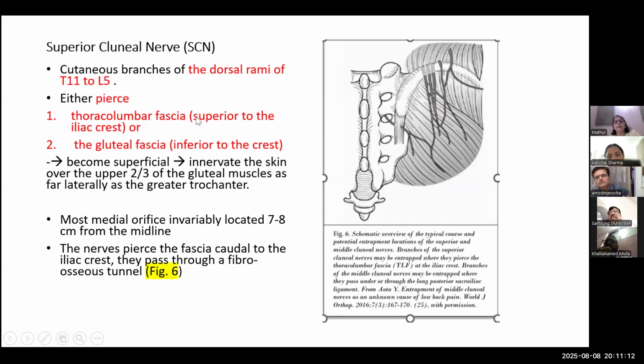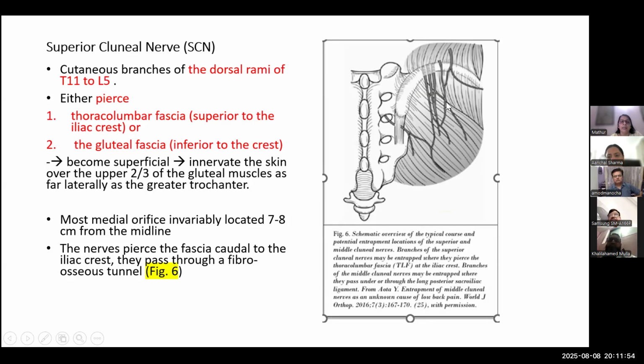So the superior cluneal nerves are the cutaneous branches of the dorsal rami of T11 to L5. They either pierce the thoracolumbar fascia, which is here, superior to the iliac crest, or inferiorly through the gluteal fascia, inferior to the crest. And then they become superficial and innervate the skin over the upper two-thirds of the gluteal muscles as far as the greater trochanter. It's been seen that the most medial orifice is located generally at 7 to 8 centimeters from